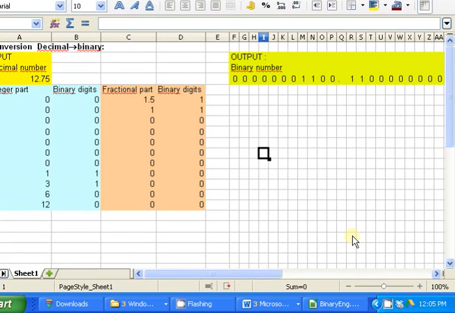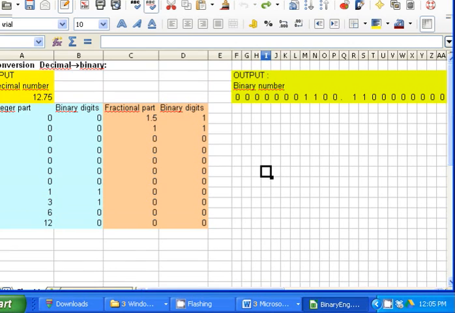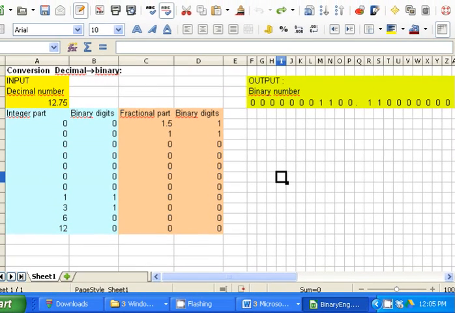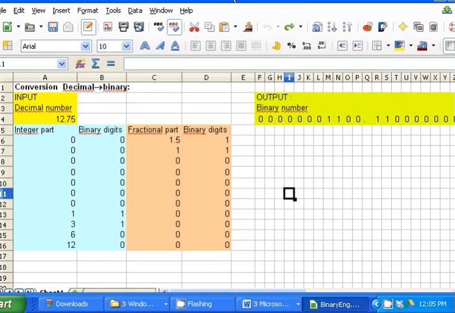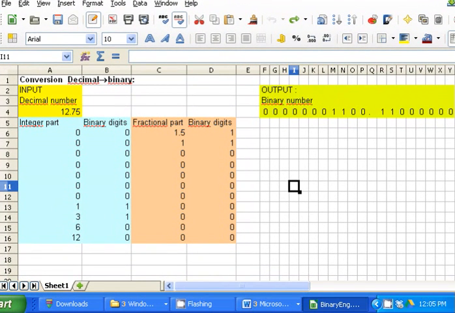Okay, welcome back. We finished with our decimal to binary conversion, and now we're going to do binary to decimal. First of all, let me resize this so it fits where I want it to in my recording window. There we go. Okay. Now,